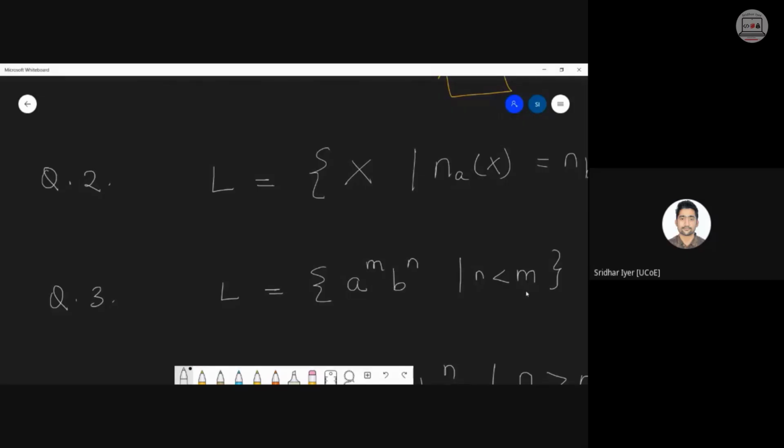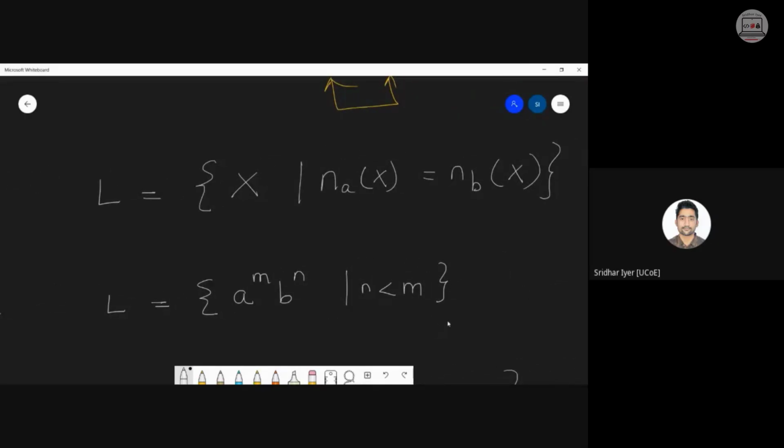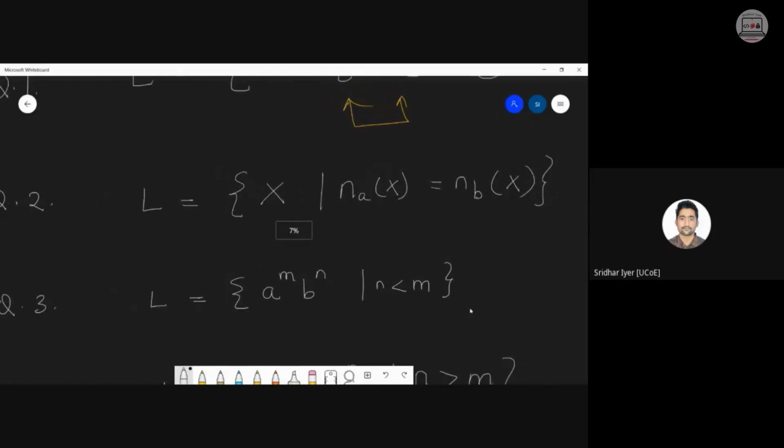Don't get confused. ऐसे problem हम लोग पहले कर चुके हैं, but in those cases the powers were same. In this case, the powers are different. It is a raised to m, b raised to n. Now you only tell me how to solve such a problem. And the condition is that n should be less than m. You only tell me how to solve it.